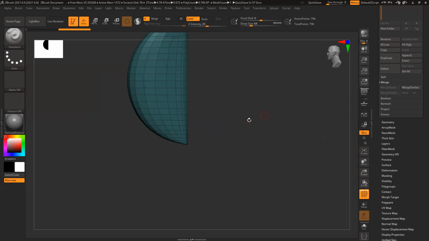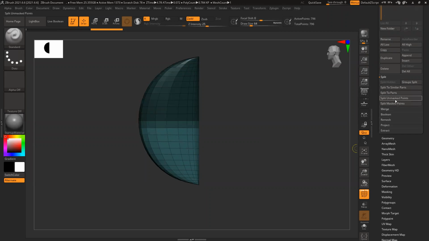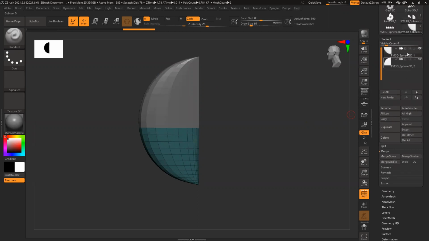The reason is that weld is something like, suppose I want to merge and weld. So let's see. Tool, masked, split masked points, both are separated. Now merge. I have these two subtools, and here is something called weld. That means merge and weld the vertices. And then there's another called UV.